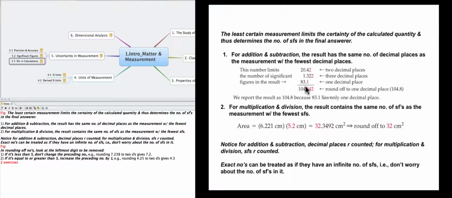Say here when you are adding three numbers, you add them up and you get the sum 104.842 in this case, and then you see which number has the fewest decimal places. Well, in this case 83.1 has only one decimal place, so your final result should also round off to one decimal place, which gives you